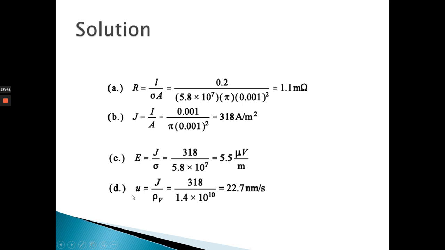And now the drift velocity, you know from the equation, mu is equal to J divided by rho V. So that's how you can do it. So that wraps up